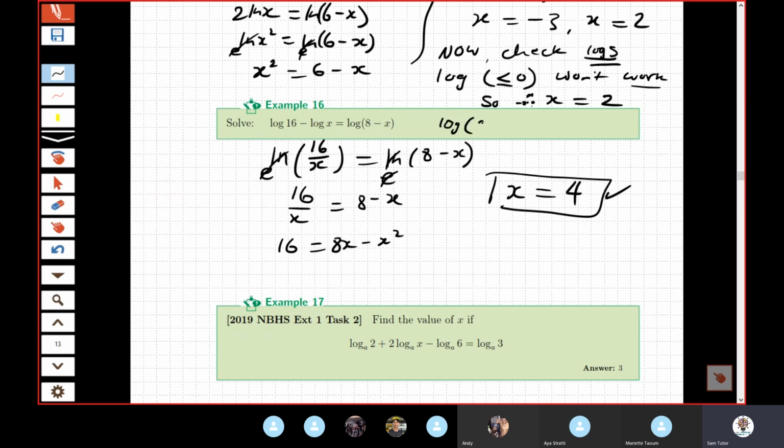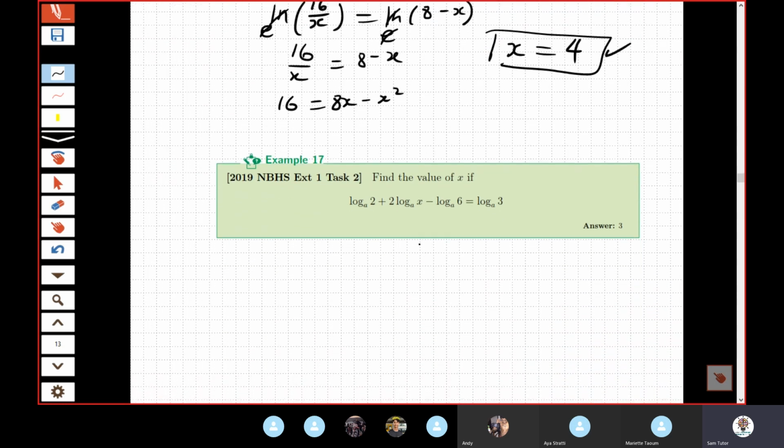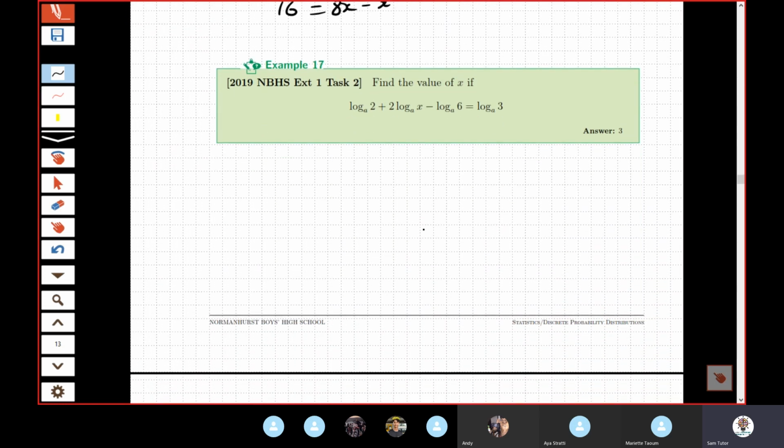I'll explain that again. Look, if x equals 4, if you have to sub it into here, 2 take away 4, that's negative 2. So when you're going to log a negative 2, that won't work. So x equals 4, you would have to say it doesn't work. And in that case, if there was no solution, your actual answer is going to be no solution. So keep that in mind, you guys. All right,